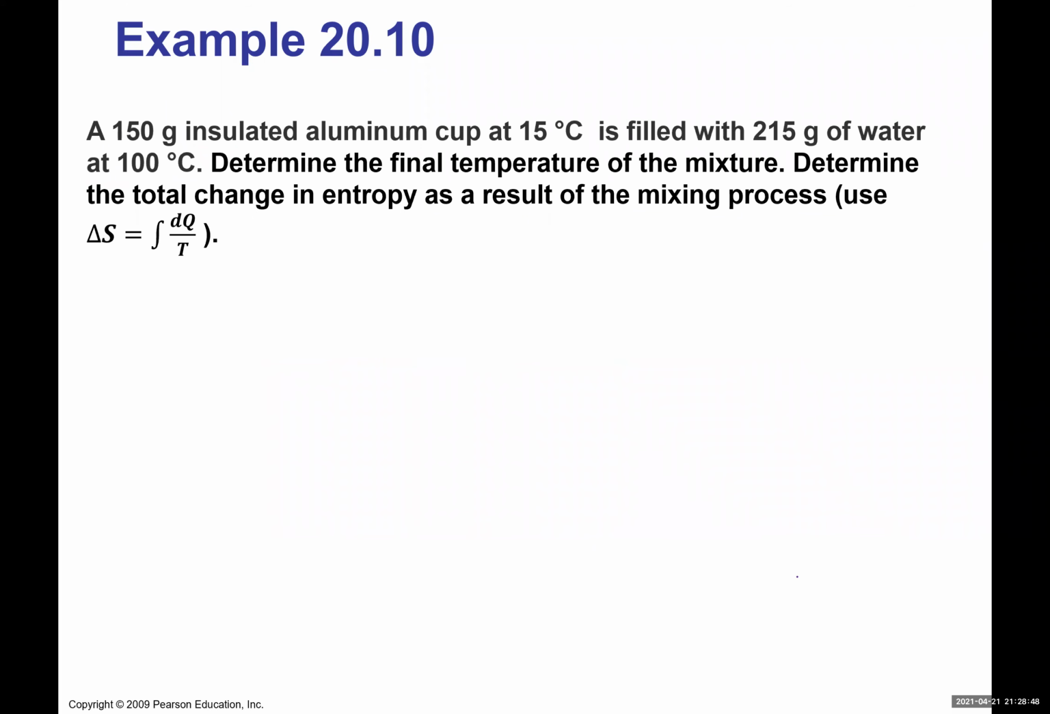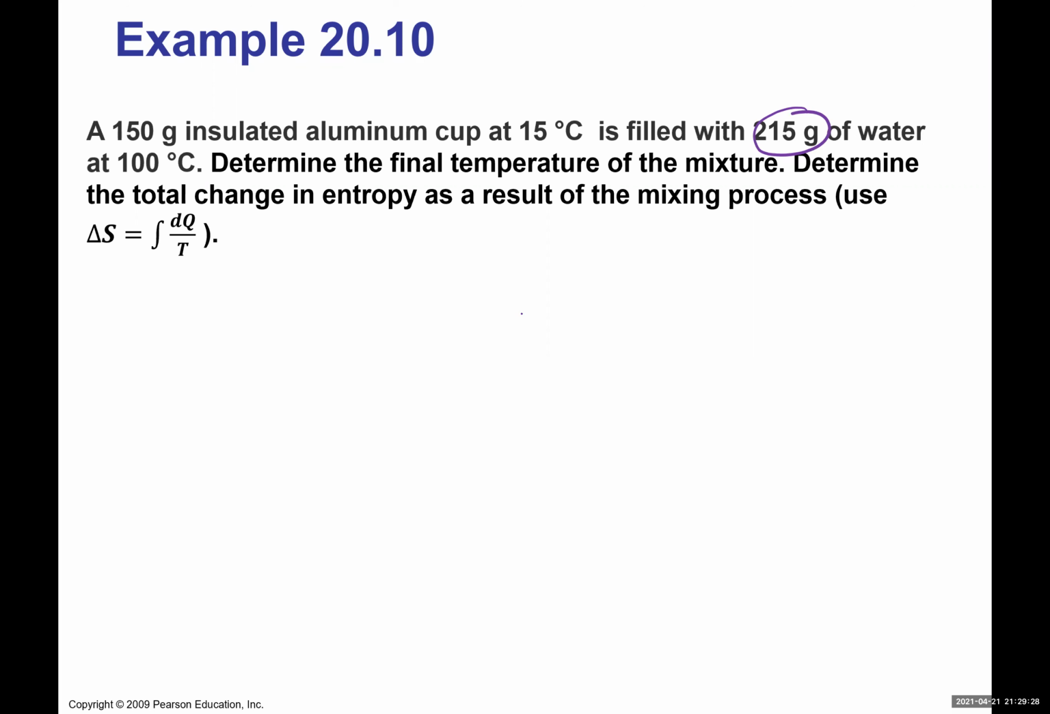Here's another example. A 150 gram insulated aluminum cup at 15 degrees Celsius is filled with 250 grams of water at 100 degrees Celsius. We want to determine the final temperature of the mixture. So determine the total change in entropy as a result of the mixing process. So we're going to use delta S is equal to the integral of dq over T. Now, what we have over here is we're given the mass of the cup, 150 gram at an initial temperature of 15 degrees Celsius. And then we're given the mass of water, 250 gram, and its initial temperature at 100 degrees